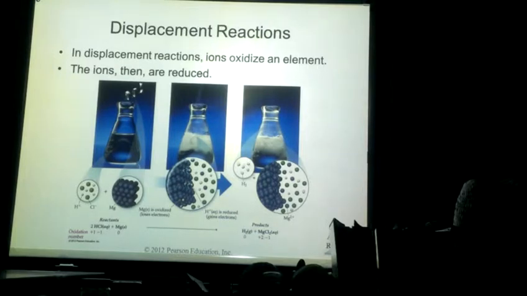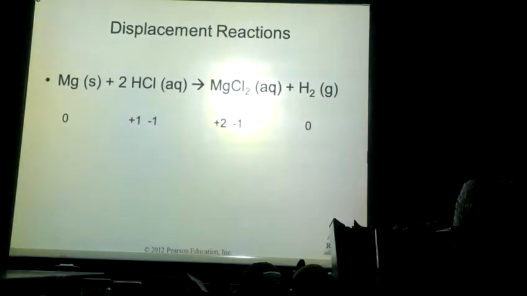So ultimately, one element is going to come and try to see if it can kick out another element in a compound, and if it's successful, then we can get a reaction. If it's not successful, then we can't get a reaction. These are called displacement reactions because an ion in a solution is going to be displaced or replaced, because we can call them displacement or replacement. They're going to be replaced through oxidation of an element, okay? So for example,